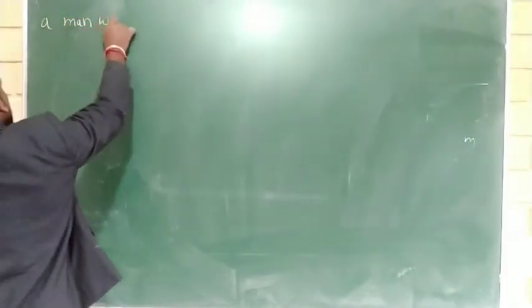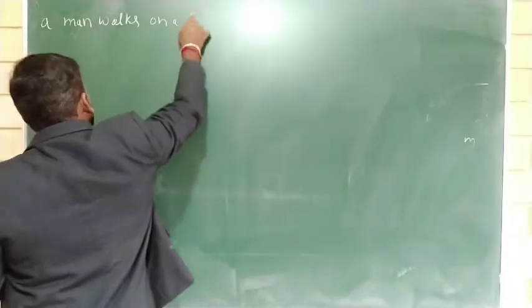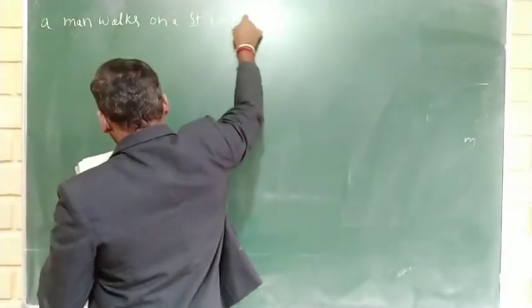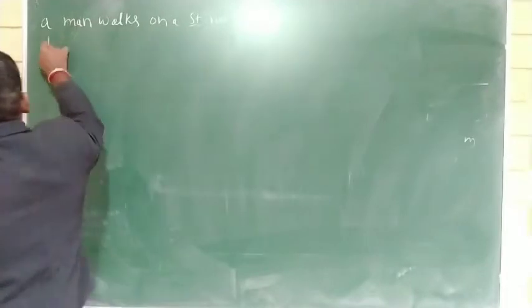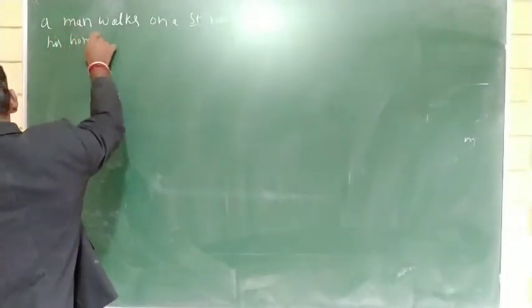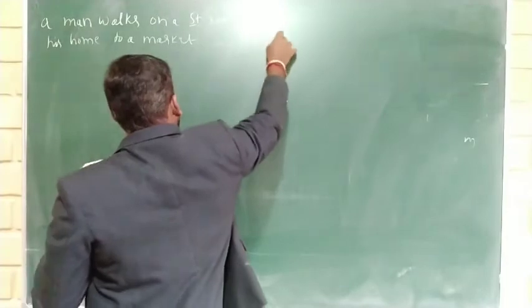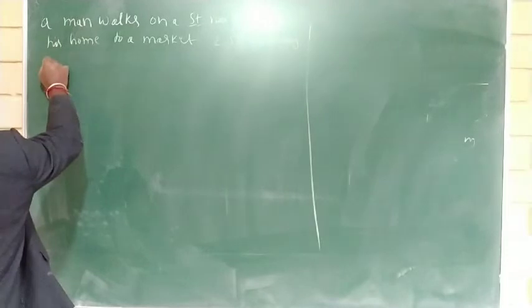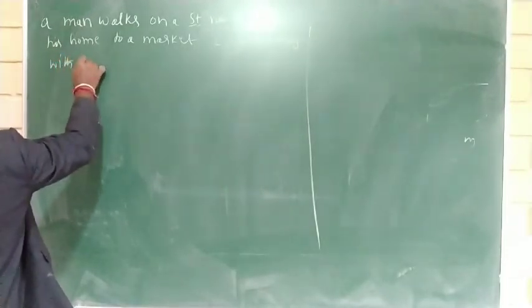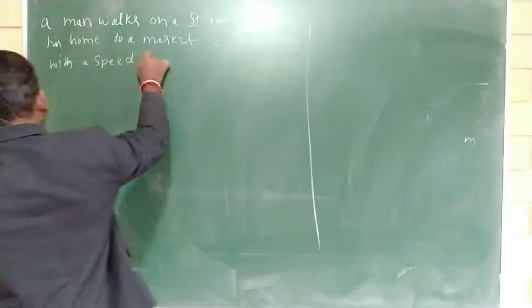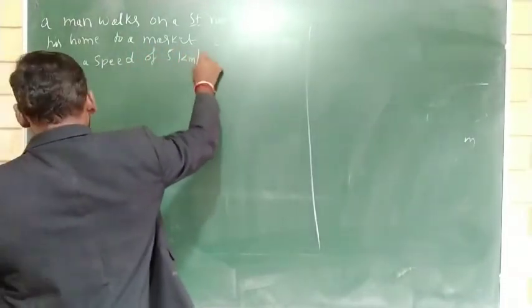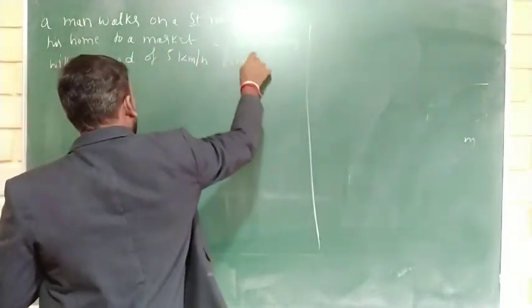A man walks on a straight road from his home to a market 2.5 kilometer away, with a speed of 5 kilometer per hour. Finding the market